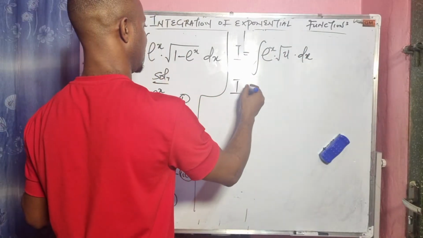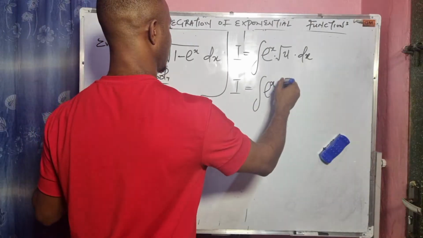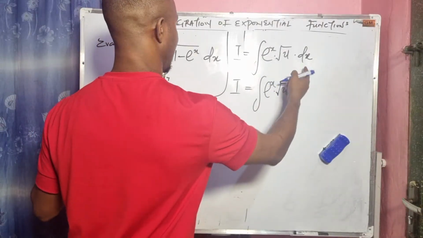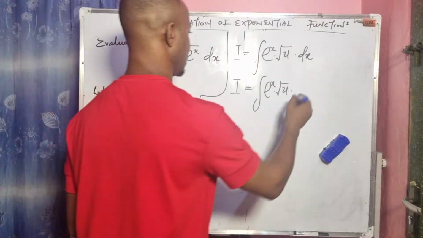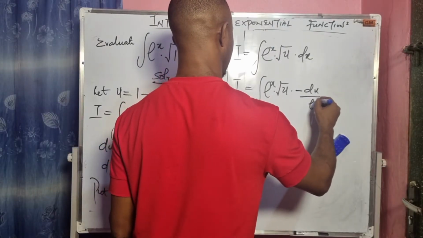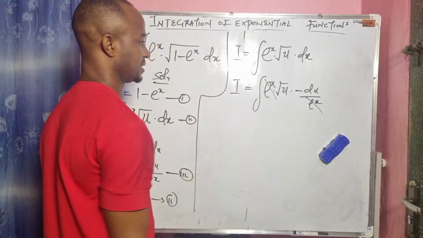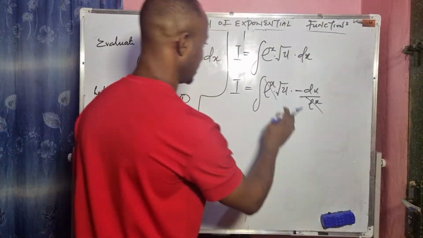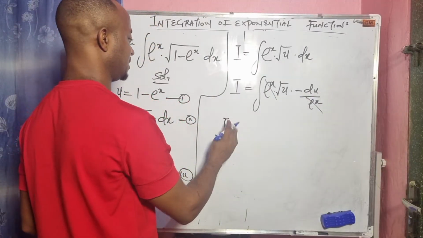So that will give us I equals the integral of e^x times root u, where our dx is minus du over e^x. So this can go with this, because we don't need x to integrate this, because the right variable to integrate this is du. So we have our integral